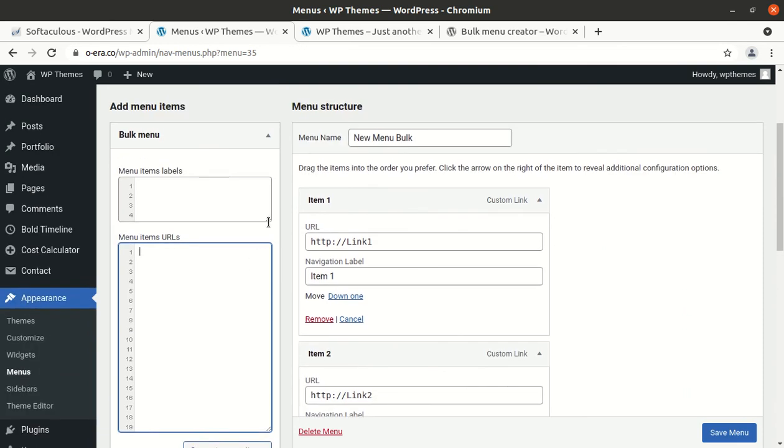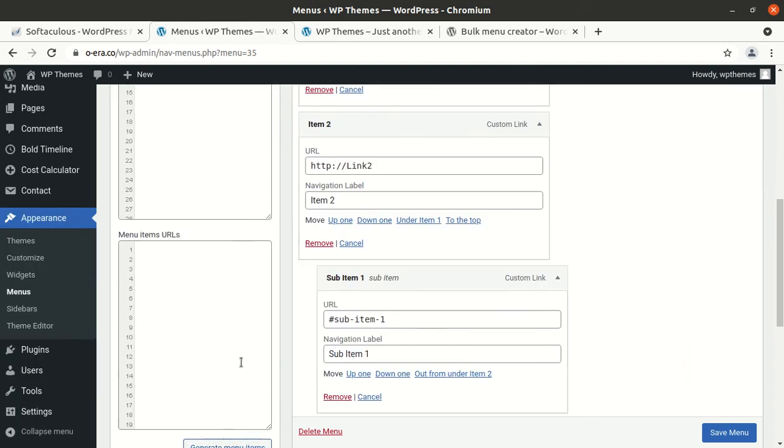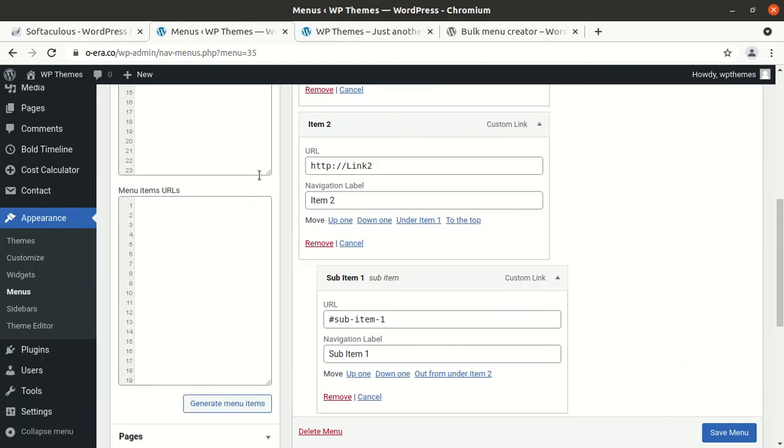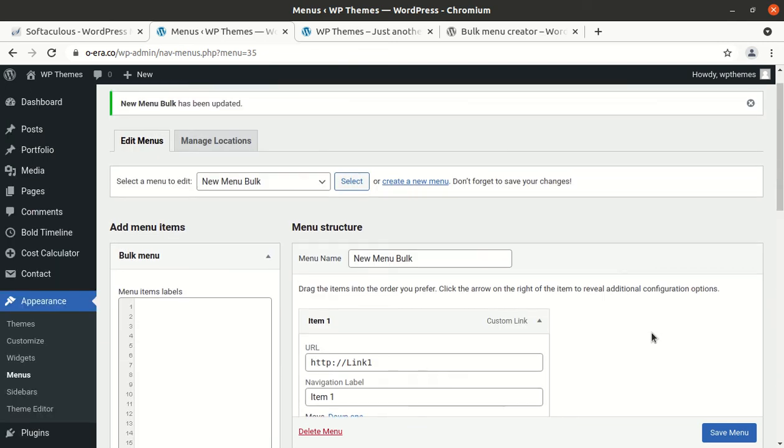This is simply an extension feature, and you can use any number of items here, so nothing is restricted. And the best part of this plugin, it comes absolutely free, and you have to pay nothing for having the bulk menu creator feature on your WordPress website.